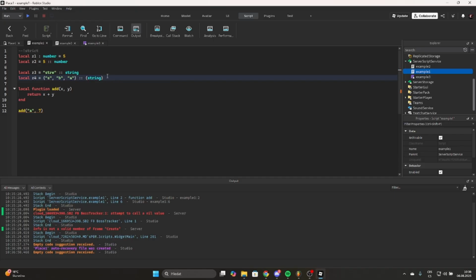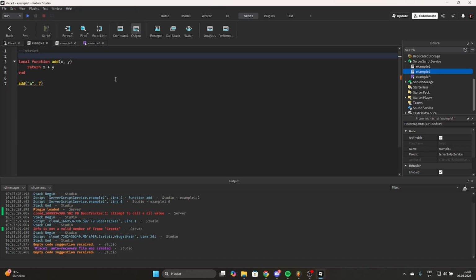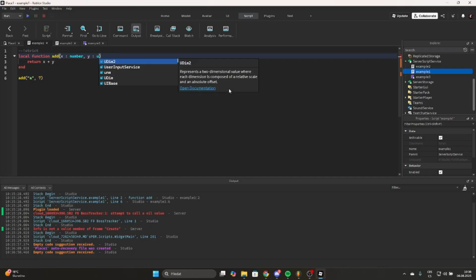It's safer to do string because we have strings in the table. So if you understand this, how you type variables, we can move to functions. And essentially, this is just a variable. So what I can do is, yeah, how the AI is helping me, it will be a number. I can't do this. This does not work. It has to be this because